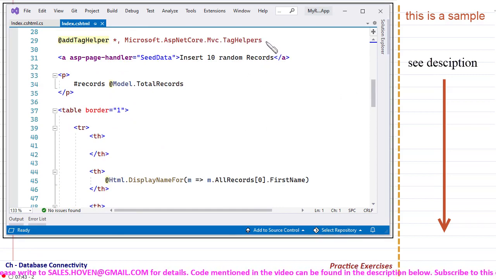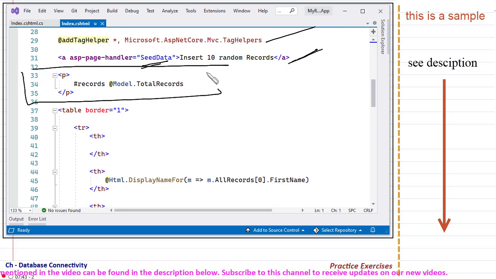This is the add tag helper for the proper functioning of the anchors. And this is your seed data. This is what we have already done in the previous exercise. And in this exercise, we have added this number of records, Model.TotalRecords. So this is what actually displays